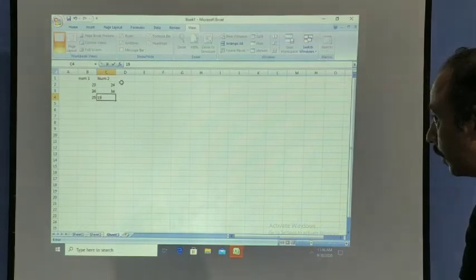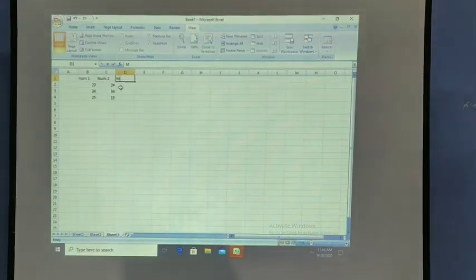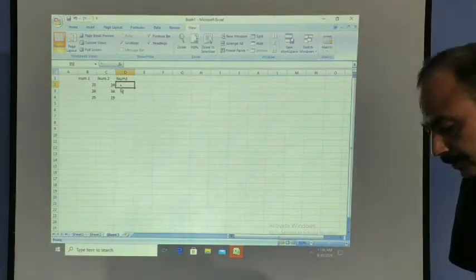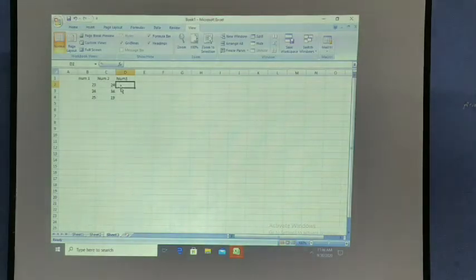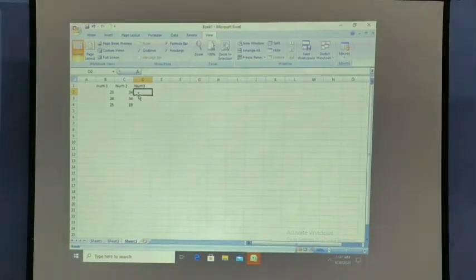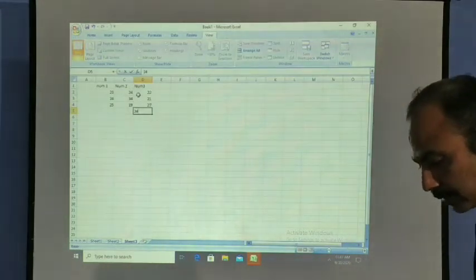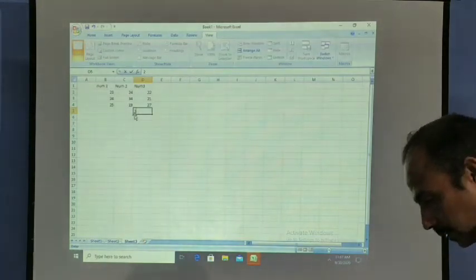Then the third number 3, I can write the values 22, 21, 27 and 24. Okay. So here I have just taken 3 values also, that is still 27.